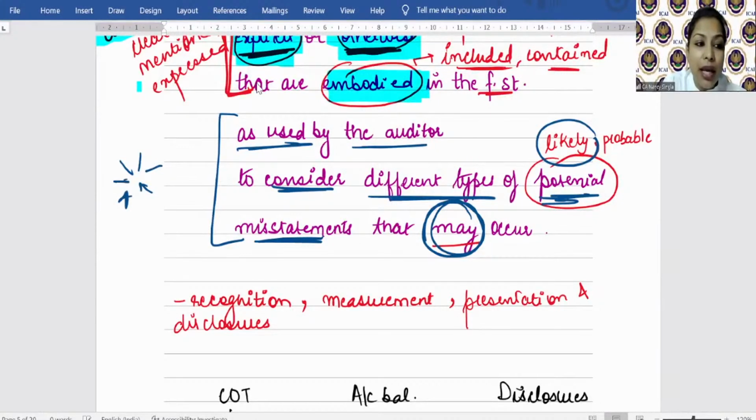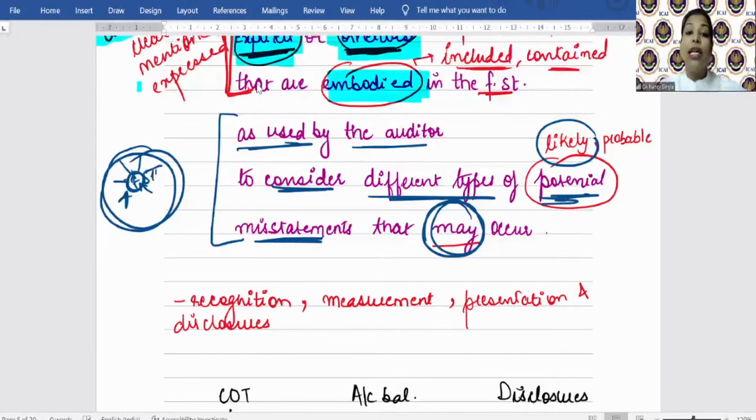देखो जो इंफॉर्मेशन फाइनेंशियल स्टेटमेंट्स में आई है, इन्हीं इंफॉर्मेशन को तो ऑडिटर इज गोइंग टू चेक। If you remember, I told you that unless and until the auditor is sure about each and every assertion present in the financial statement, he cannot give his opinion on the financial statement as a whole, है ना। So auditor is going to use such assertions only. Why? To consider different types of potential, हो सकता है, likely misstatements that may occur, that shall नहीं है, that may,